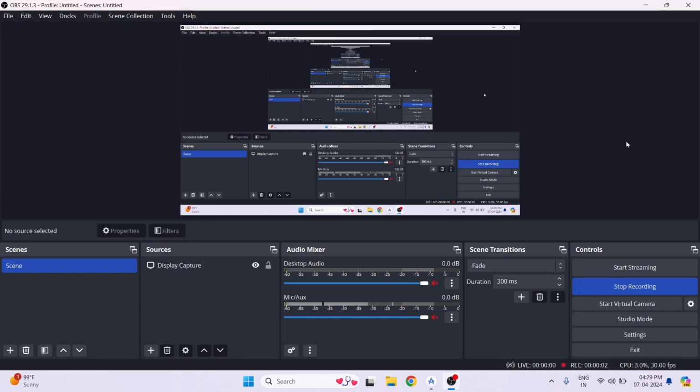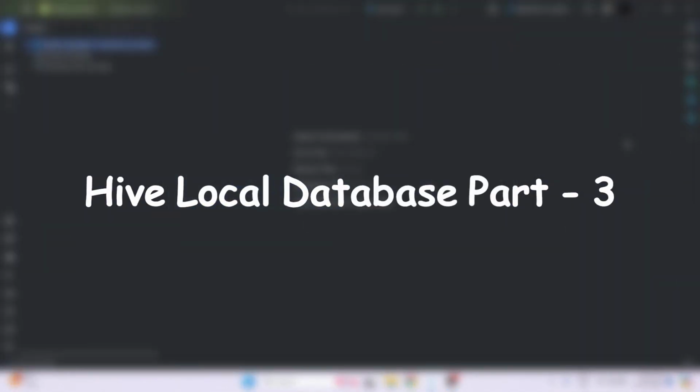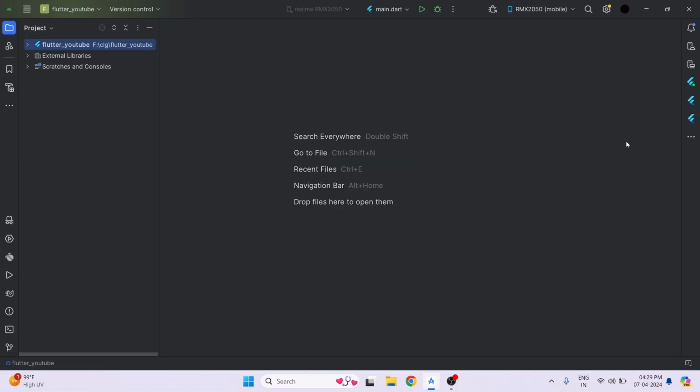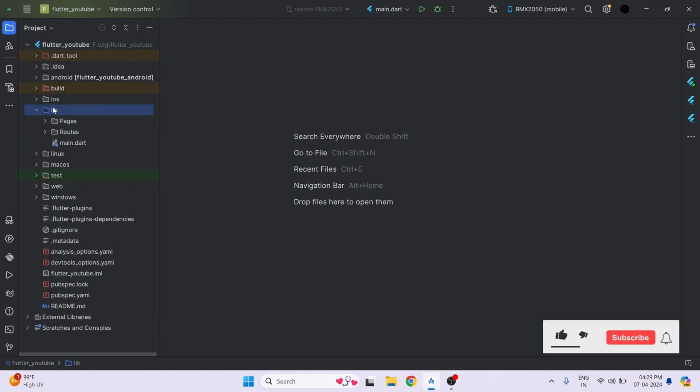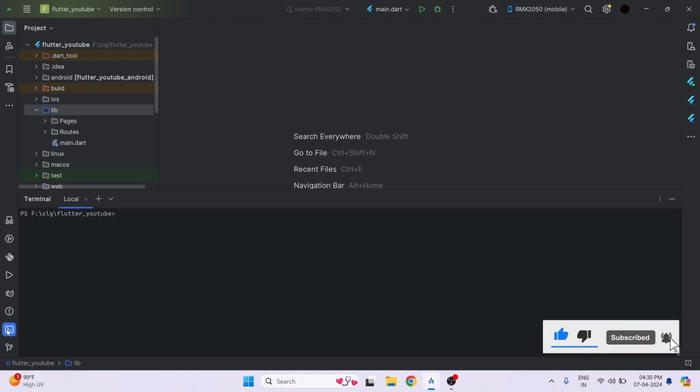Hello everyone. Today we are learning how to add data using Hive tables, fields, and table types, using Hive database for local storage. Before I start the coding,